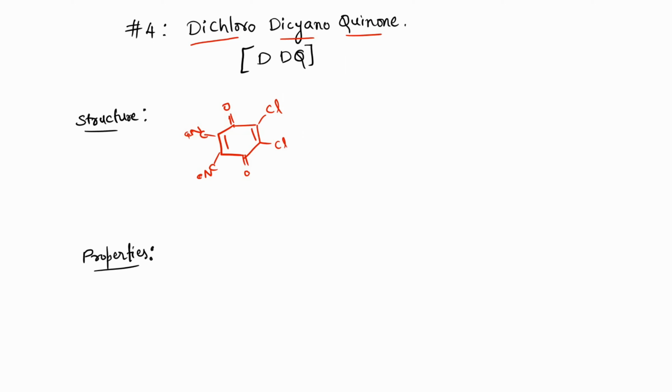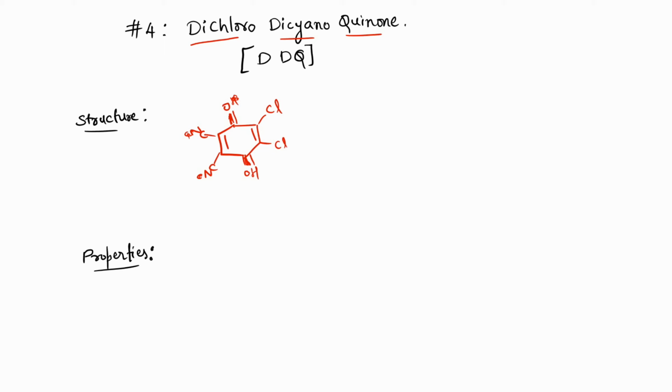So this is the dichlorodicyanoquinone compound. What it does is it attracts hydrogen to form an OH group and retain the aromaticity of the benzene ring. So this is the complete process that takes place when you treat a given compound with DDQ. The main application of DDQ is that it is used for removing a molecule of hydrogen. It is nothing but a dehydrogenating agent.